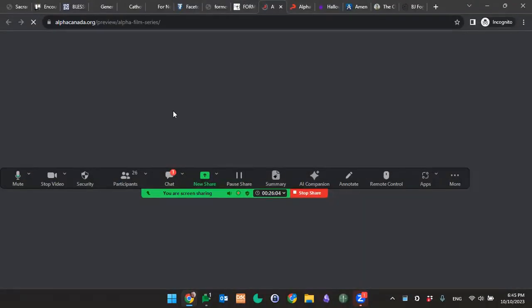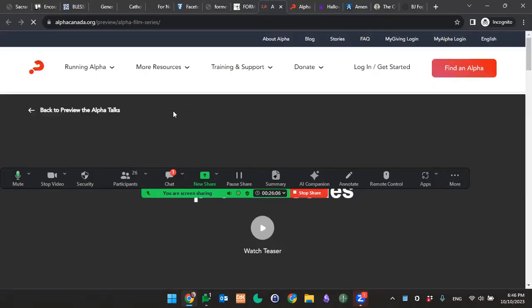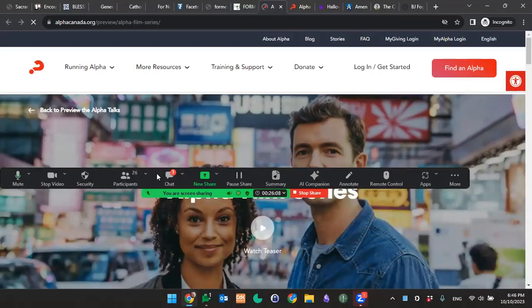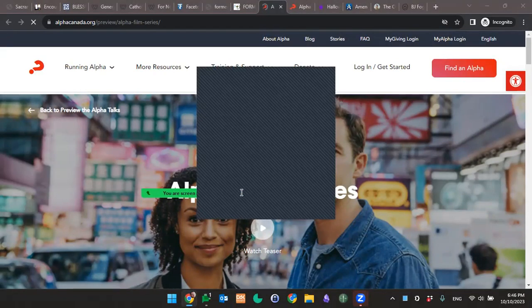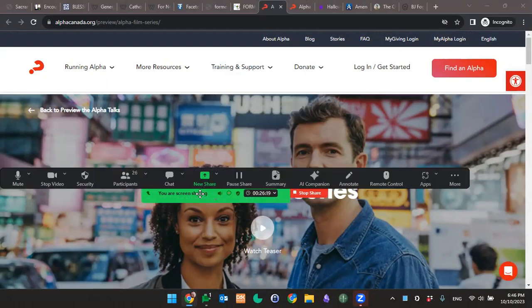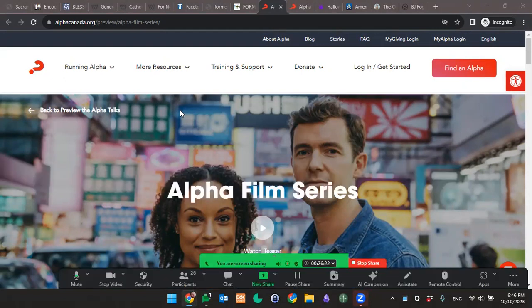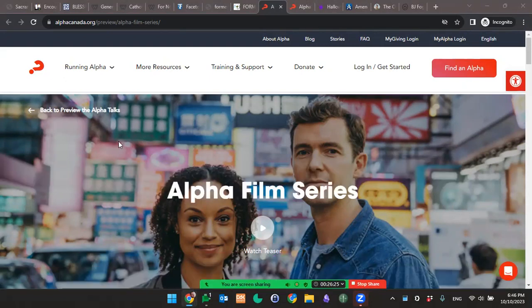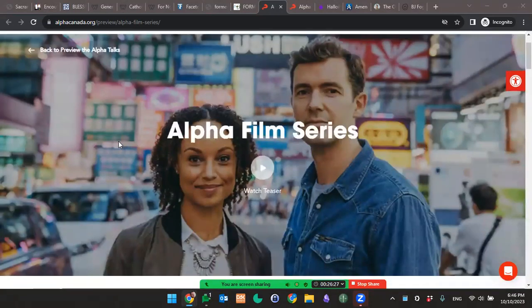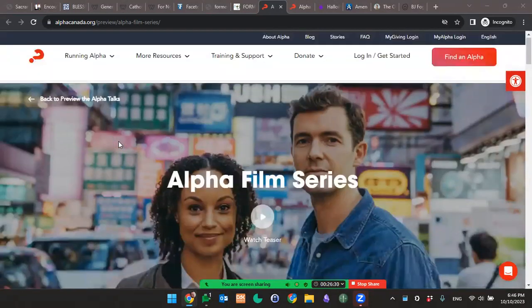Another thing we'll be using, especially with the adults, is a series called Alpha. Just going to quickly check a chat message. It was asking which one we are going to use mainly. We're going to be bouncing between all the different things. I'll be guiding you week to week as we go to different things, but we won't be using any one of those programs necessarily more than the others.